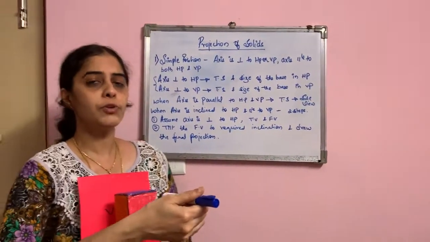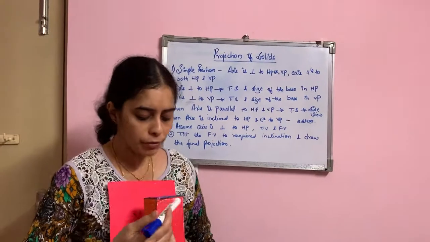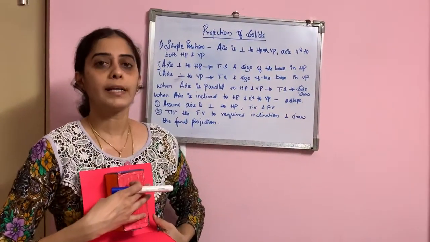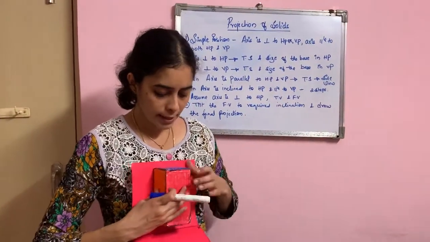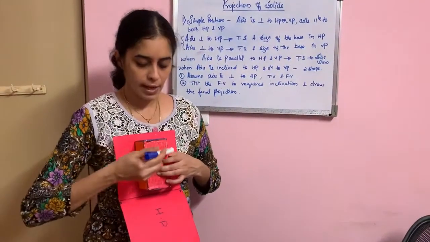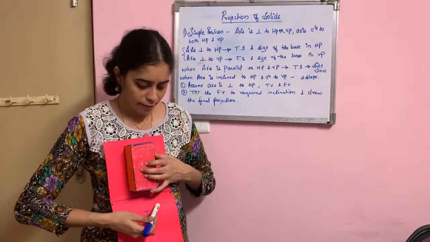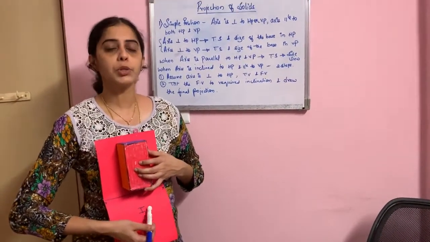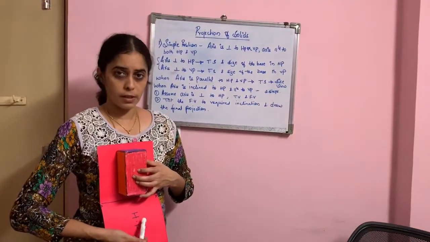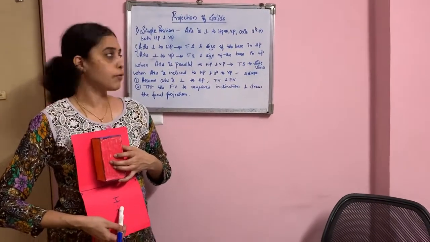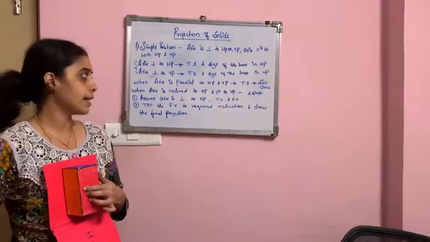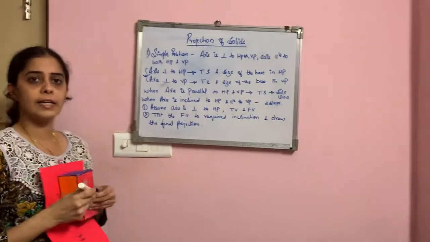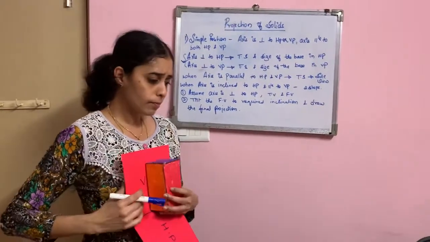Similarly, then you will view from the front. When you view from the front, a rectangular surface will be projected onto our vertical plane. So you will have a rectangular surface as our front view, and a square surface as our top view. So the true shape of the base will be achieved in our horizontal plane. So this is about how it will be when the axis is perpendicular to HP.